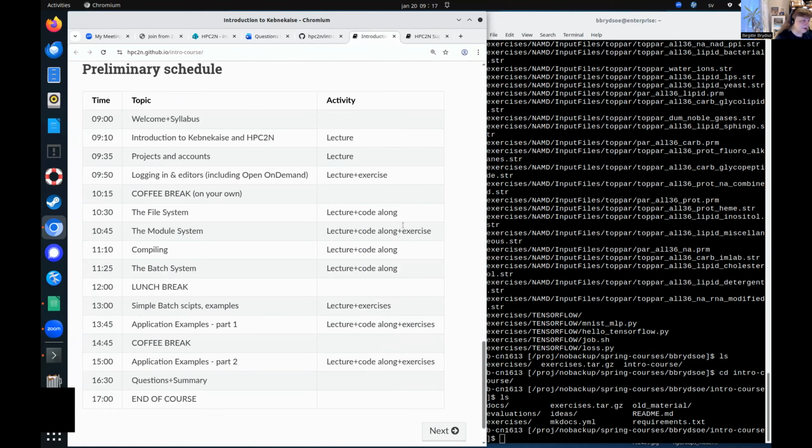Okay, time for the schedule. We have now the welcome and syllabus. It was supposed to be done at 9:10. It took a little longer because we started 5 minutes later. Then we'll go to the intro to Kebnekaise, HPC2N and HPC. Then we'll continue to projects and accounts, and logging in and editors, including the Open OnDemand system. We'll have a break. And then the file system, the module system, something about how to compile, and the batch system, just overview and